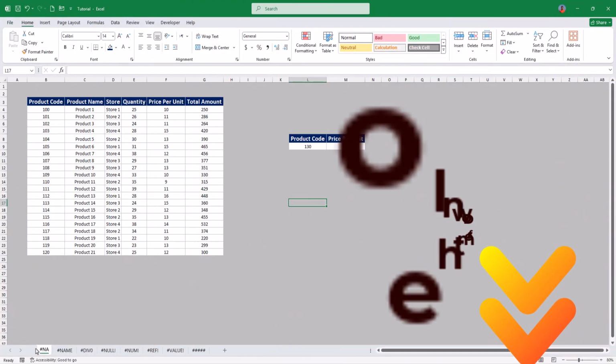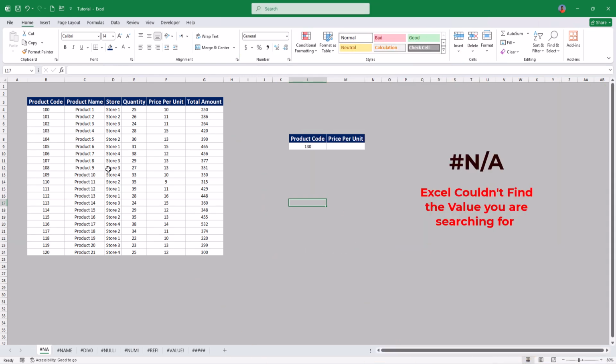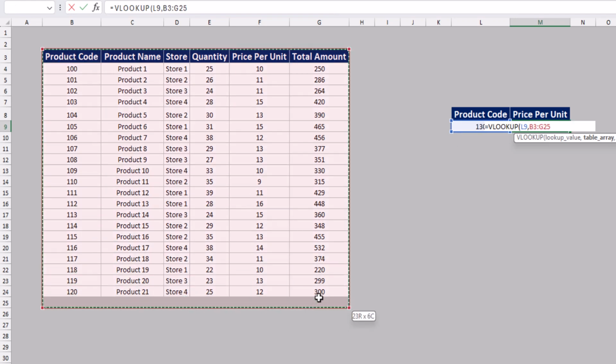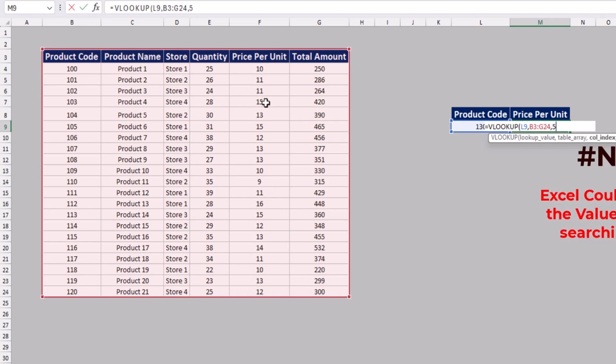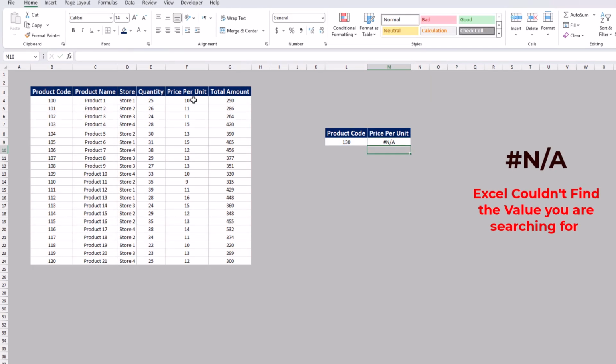So the first error here is hash NA. Hash NA is not available, and it means that Excel couldn't find the value you are searching for. For example, if you are using a VLOOKUP to get the result of this product code, you need the price per unit in this column, and you have here a product code. If we type equal VLOOKUP and then select the value we are searching for, then comma, selecting the table array, and then comma, then we will type the column index number, which is 5, because we need the price per unit. Then comma, we'll type 0 for exact match and close our bracket,